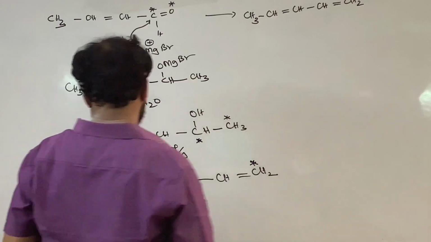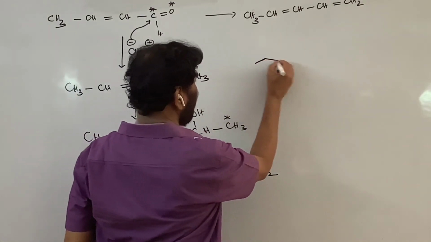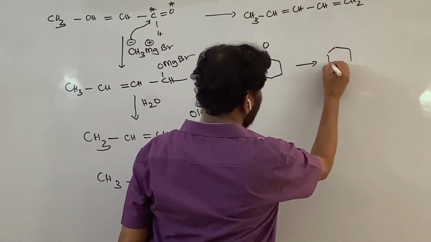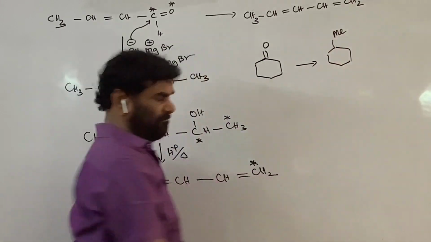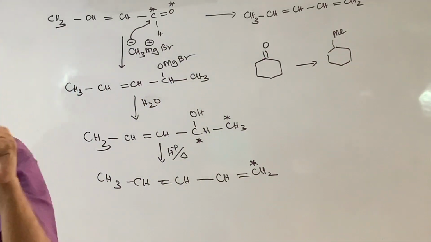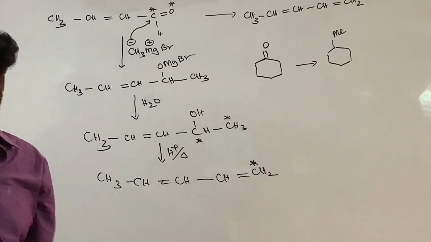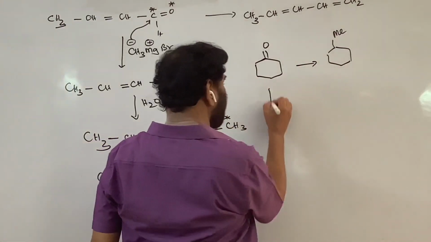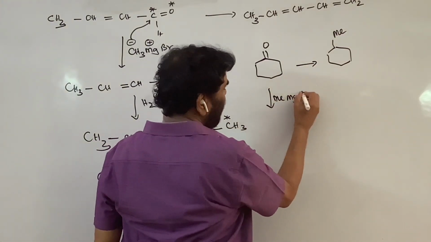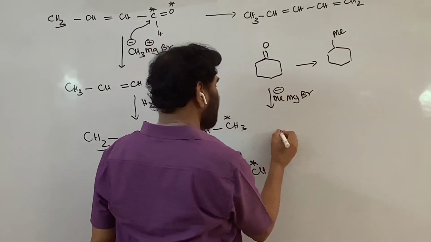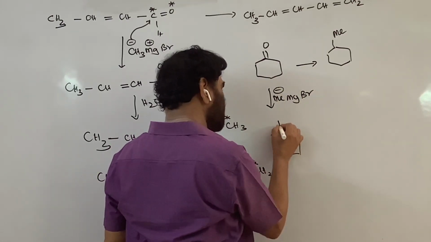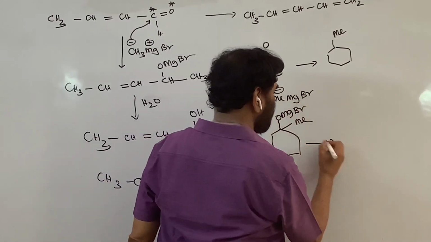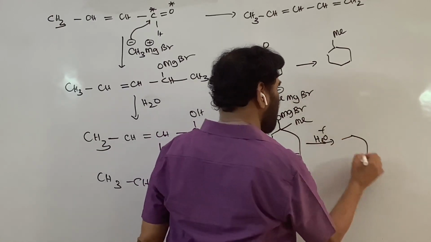So, see, similarly, if you have cyclohexanone, it can be converted into methyl cyclohexane. Cyclohexanone to methyl cyclohexanone is not part of the conversion. Same concept I am again explaining. If you treat with the methyl magnesium bromide reagent, addition takes place. OMgBr. Methyl is introduced here. This on acidification gives the alcohol.